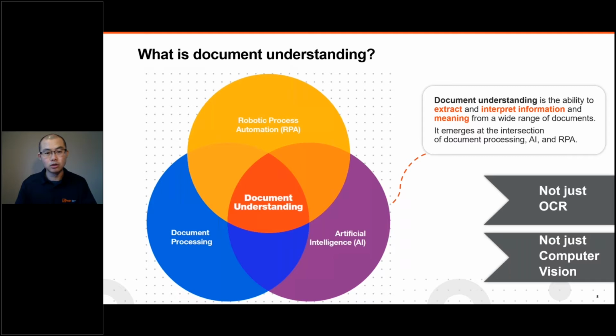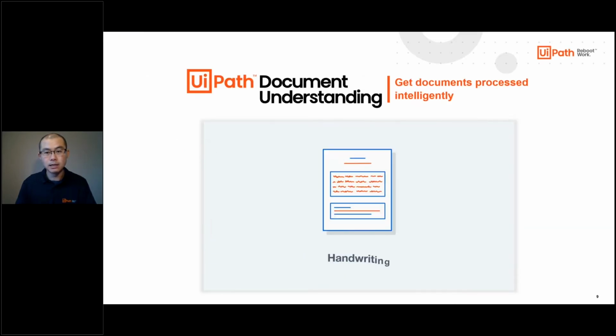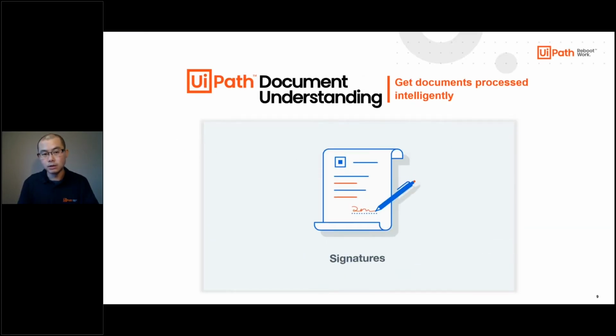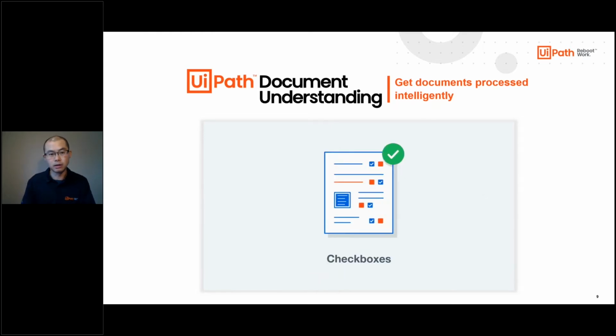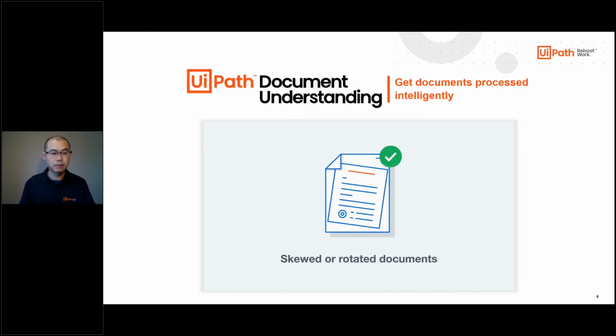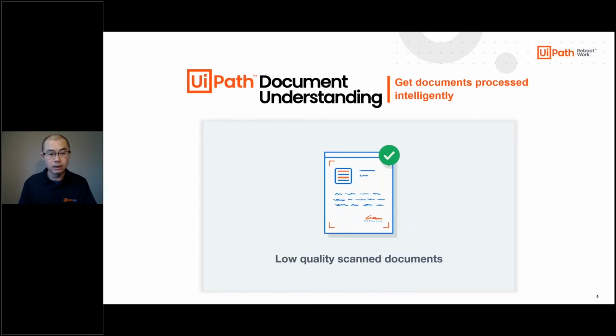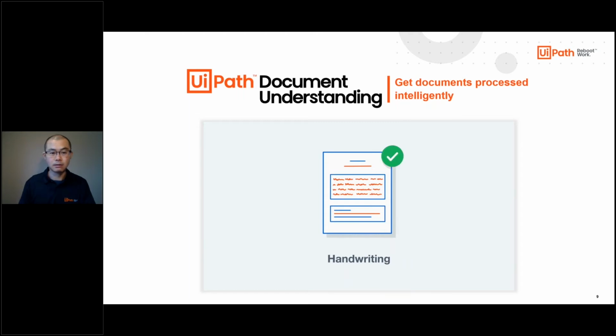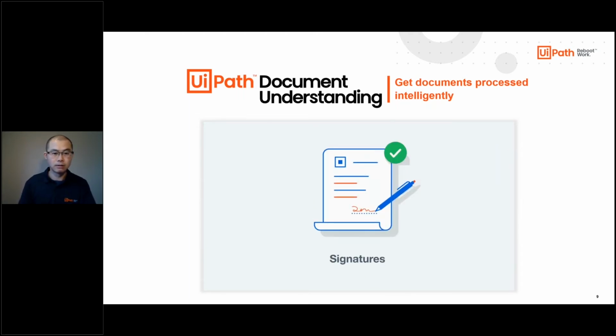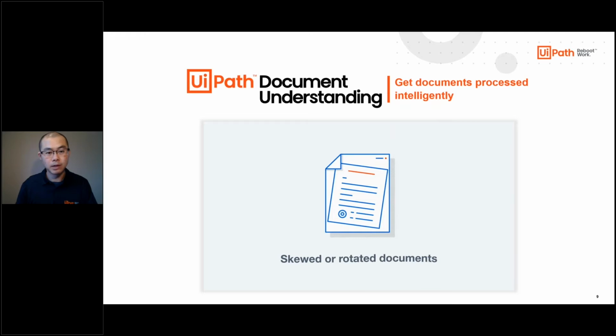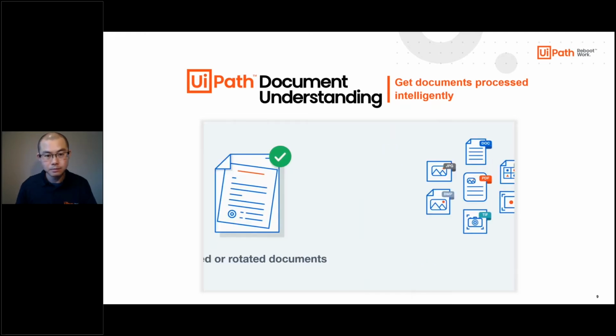And this takes it far beyond traditional OCR or traditional computer vision. It's really not just OCR and it's not just computer vision. And I think as you get into this, you'll see what I mean by that. So what does this actually mean? Well, for us, this means that you have quite a few different use cases that you can begin to address with document understanding. Think about things like checkboxes or handling different types of documents, varying quality, varying formats of text and signatures, and all of this. This starts to become something that's possible to do with document understanding.